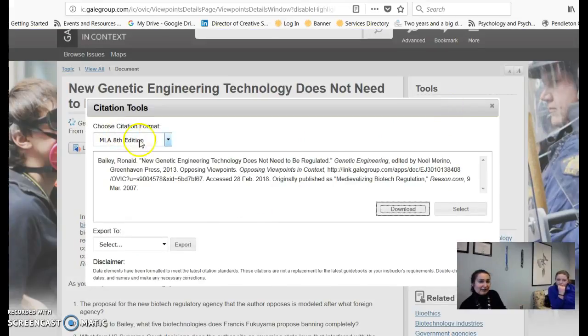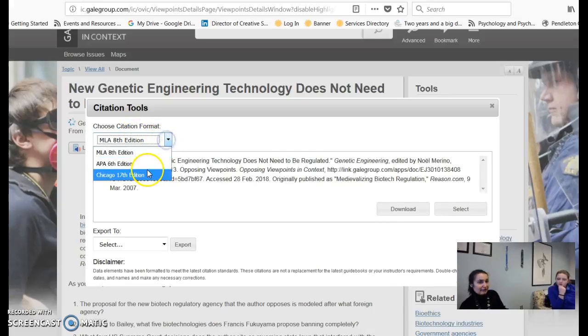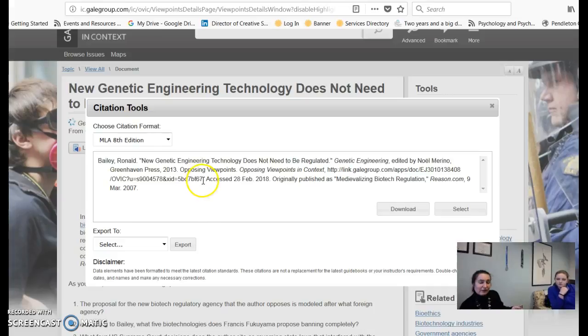So here's MLA, which of course you're using for this class. If you're taking Writing 227, or if you're in a speech class, you would use APA, so you just switch back and forth. And there's only one class on this college campus that uses Chicago. So you got art history. Art history, yep. And regular history should be using Chicago, but they don't. Anyway, so this is kind of a guideline. It's not perfect. What you'll probably have to do is when you copy and paste it or do whatever you do with it,